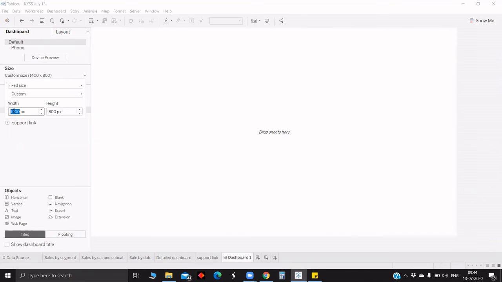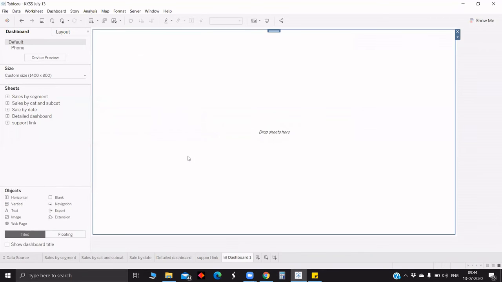Okay. So first we are fixing the size of the dashboard as 1400 by 800. Then we will pull the vertical because we would like to control the heights of the sheets. With this we can control the height of whichever things you are trying to put inside.